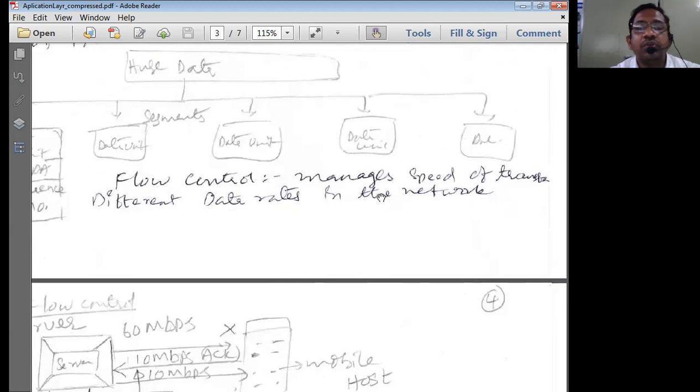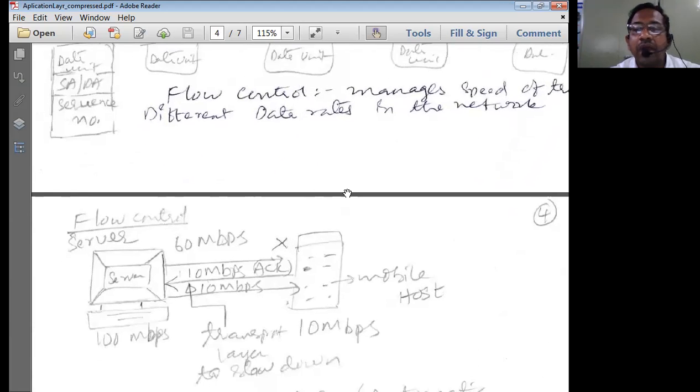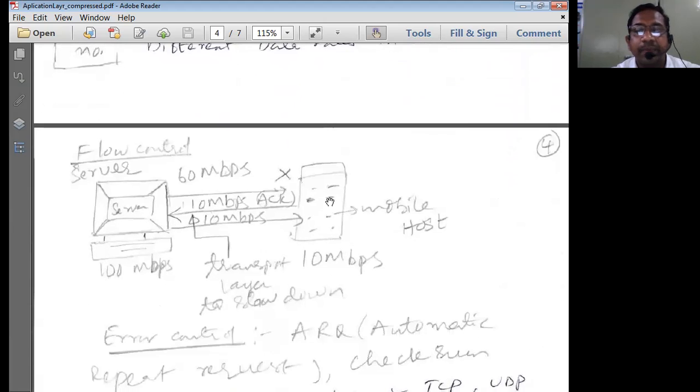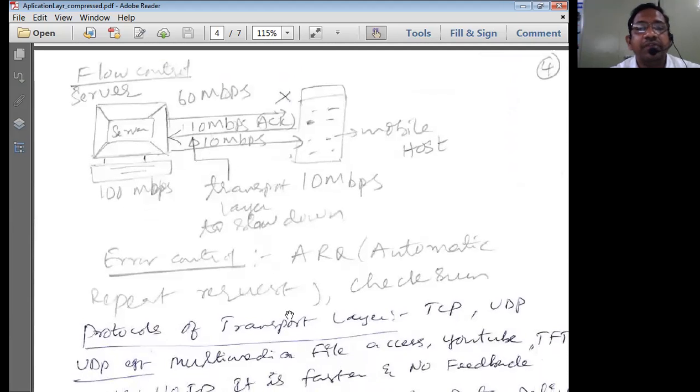Next, the flow control method is normally implemented by the transport layer, which manages the speed of transfer of data from the source computer to the destination computer in the internet. This flow control handles different data rates. What I mean by different data rates is, for example, a server is running at a speed of 100 Mbps and a mobile host is running at a speed of 10 Mbps.